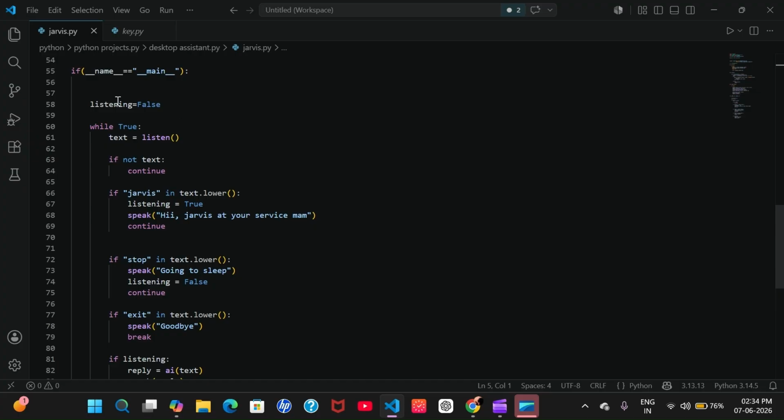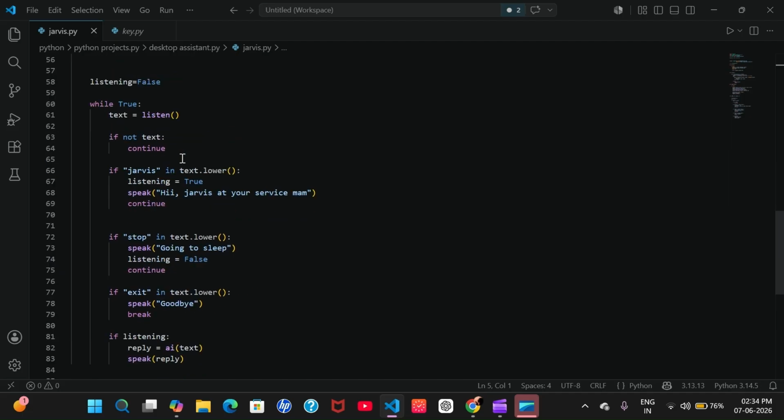So I made a variable listening, set to False, and now I want to repeat the process again and again. It should listen, then send that text to the AI, get the reply back, then speak, and repeat this process again. To fulfill that, I am doing everything in the while loop. While True, all the statements under it will be executed.